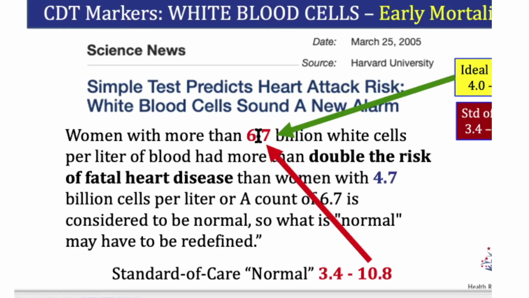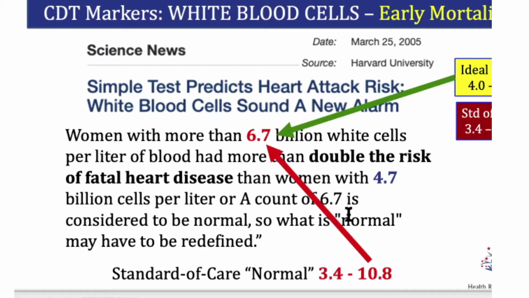Women with more than 6.7 billion white cells per liter of blood. So all you need to know is 6.7, and your lab might say 6,700. It's just the unit of measure. So 6.7 and 6,700 are the same number. It's just how the units are expressed, but in the blood, it's the same. So they had double the risk of fatal heart disease, over a 6-year period, than women with 4,700 or 4.7. So Harvard says a count of 6.7, which is considered to be completely normal,